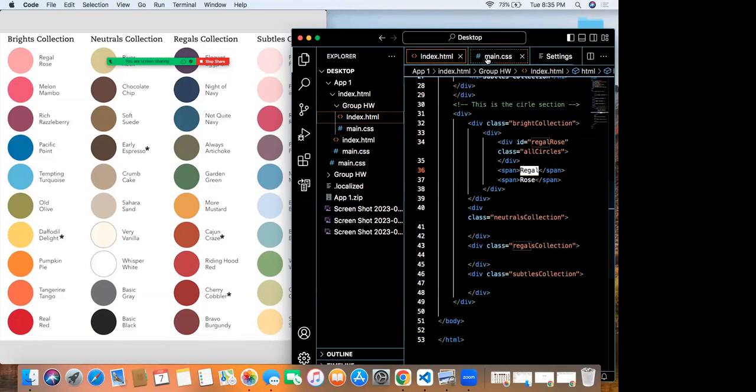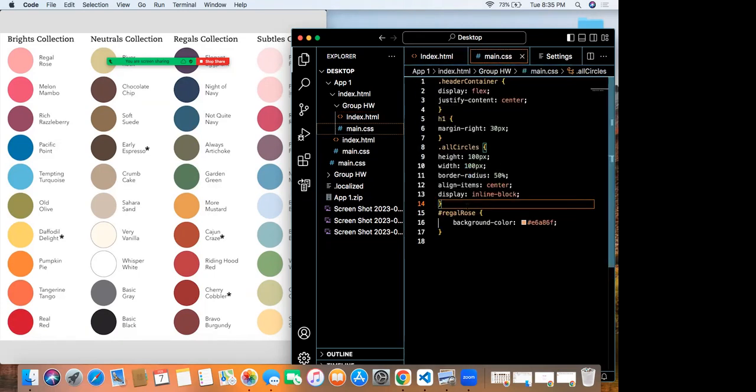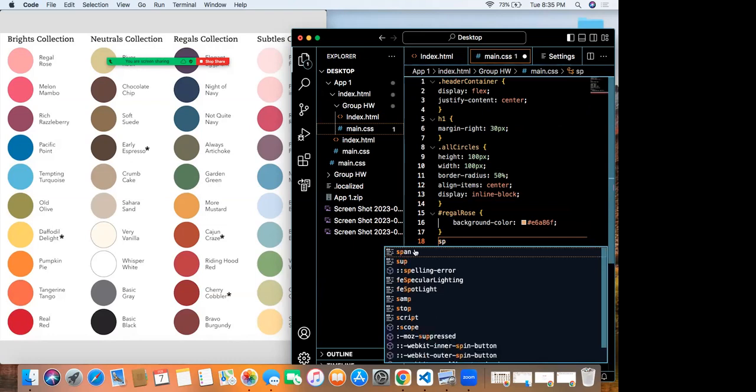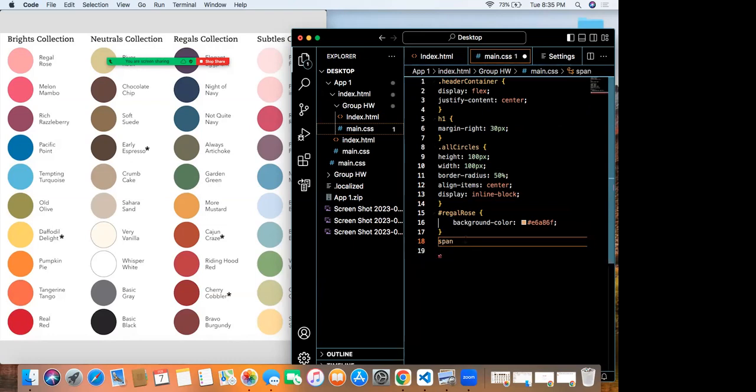You'll just write span. Span is kind of like H1, where you can just write it by itself. Yeah, because it's linked.